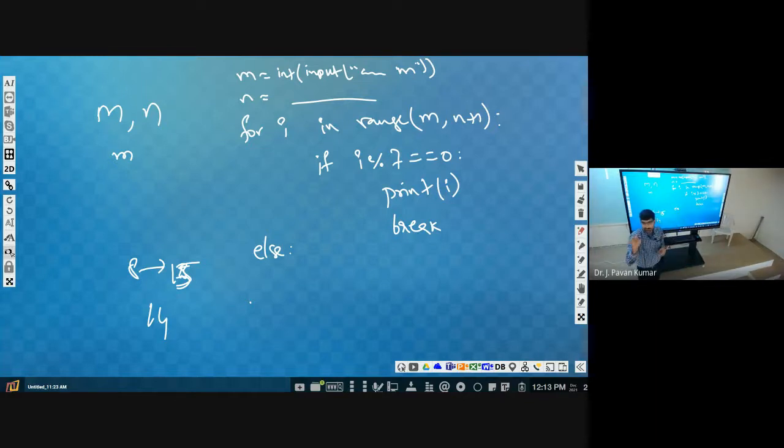Simple thing. Whenever break is executed, then else will not be executed. If there is no break, then there is no functionality difference, whether you are having else or not.